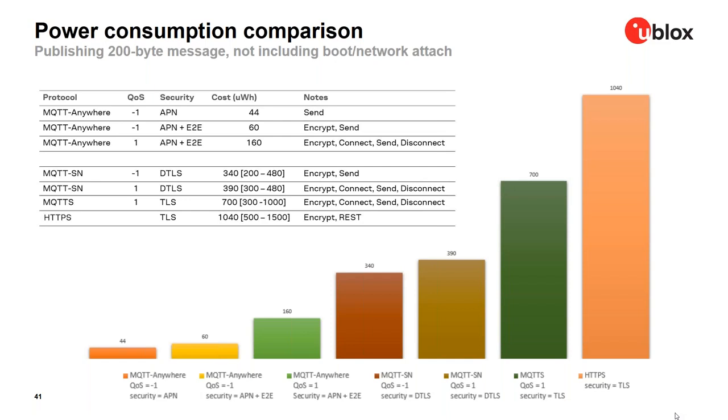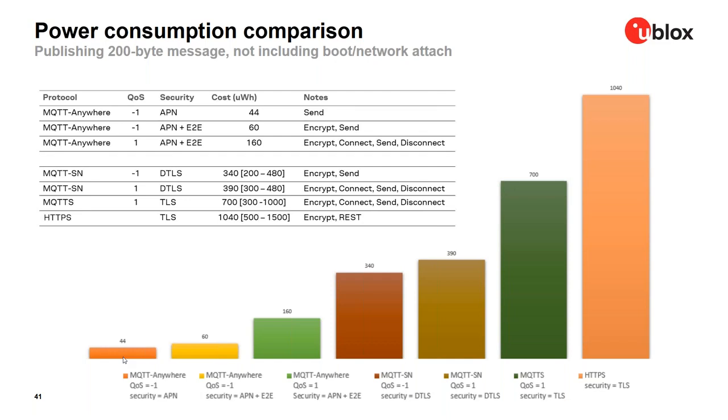Let's start with the first solution, the orange one, which is using MQTT Anywhere. MQTT Anywhere is a u-blox service based on MQTT-SN, with quality of service minus one, as mentioned by Nick. It is blind, fire and forget. There is no connect, no disconnect, no acknowledgement. You just send a message. You can see that the power associated with sending 200 bytes is 44 microwatt hours. But what if you want